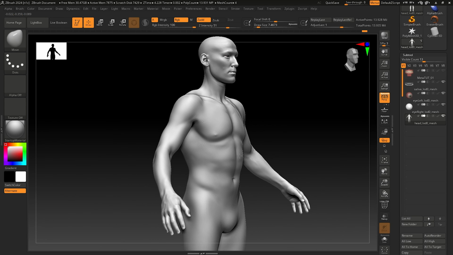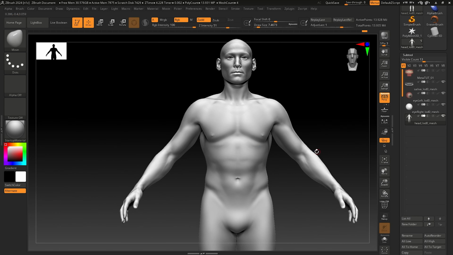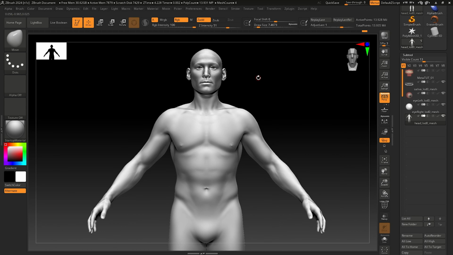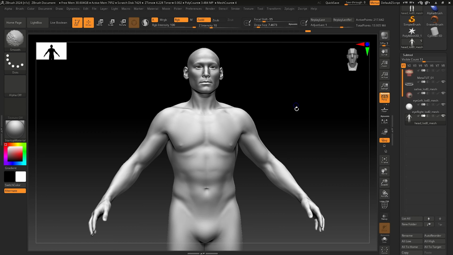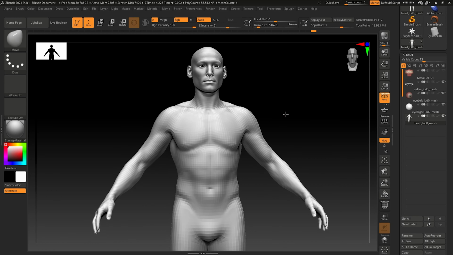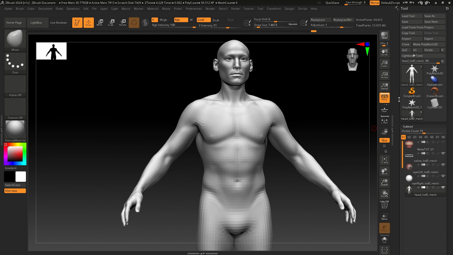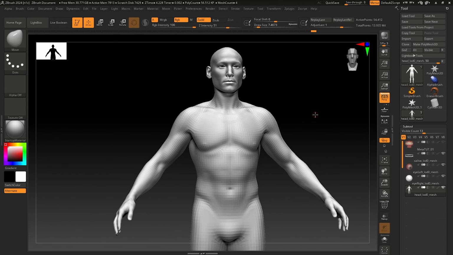So I am ready now that I've sculpted this. I do have the high poly, but I don't need the high poly for this. I do need it for texture baking in Substance, but I don't need it for this part of my project. So I'm going to go to my lowest subdivision. I've already saved my project,